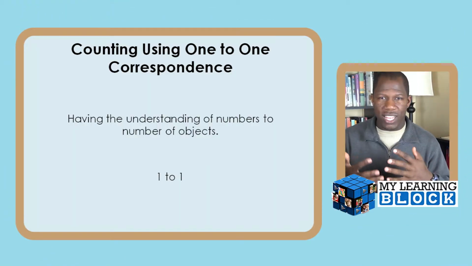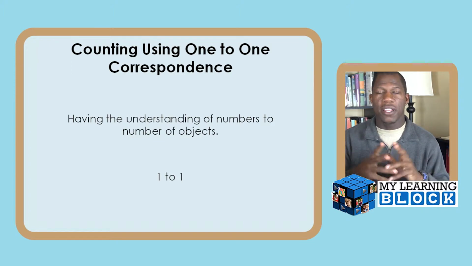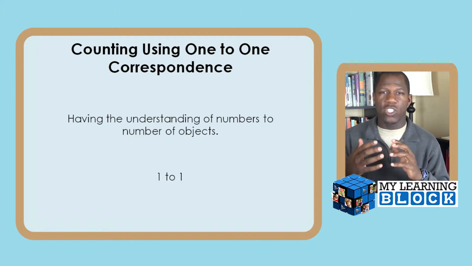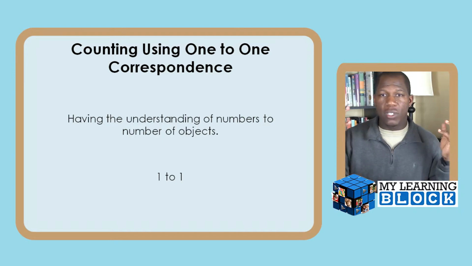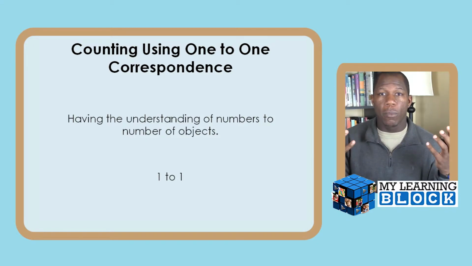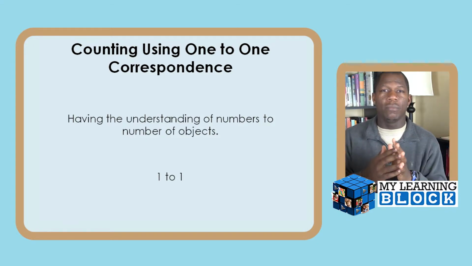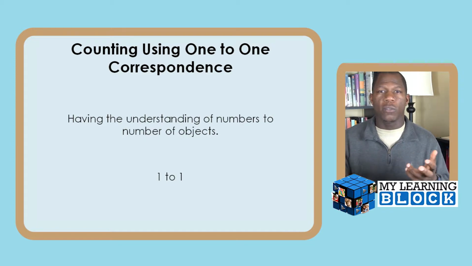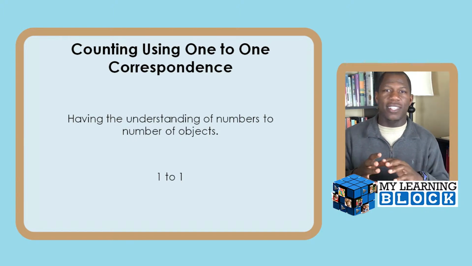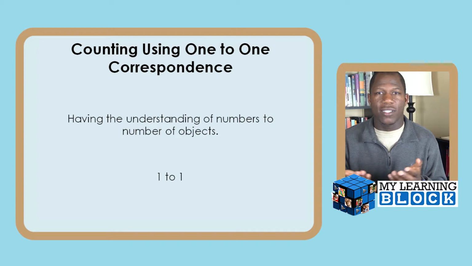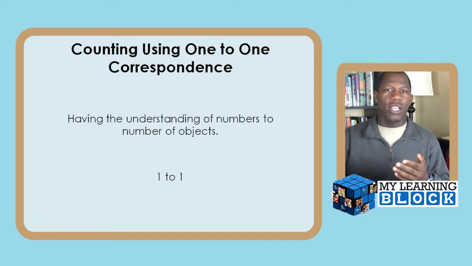When it comes time to count using one-to-one correspondence, that is very important because it gives children the opportunity to really understand that numbers represent objects. It represents a specific quantity. Without understanding one-to-one correspondence, numbers are as abstract as Sophocles and Plato's and all of those guys' theory, right? Without one-to-one correspondence, it's almost like the whole idea of relativity,